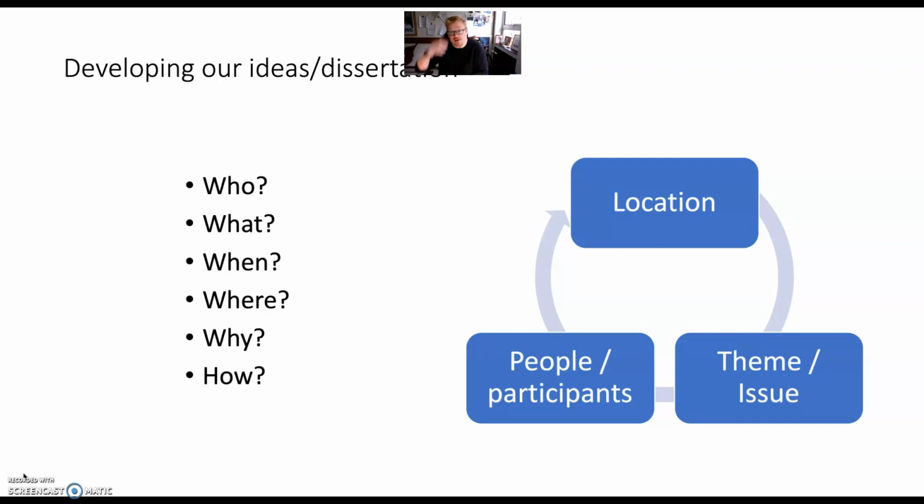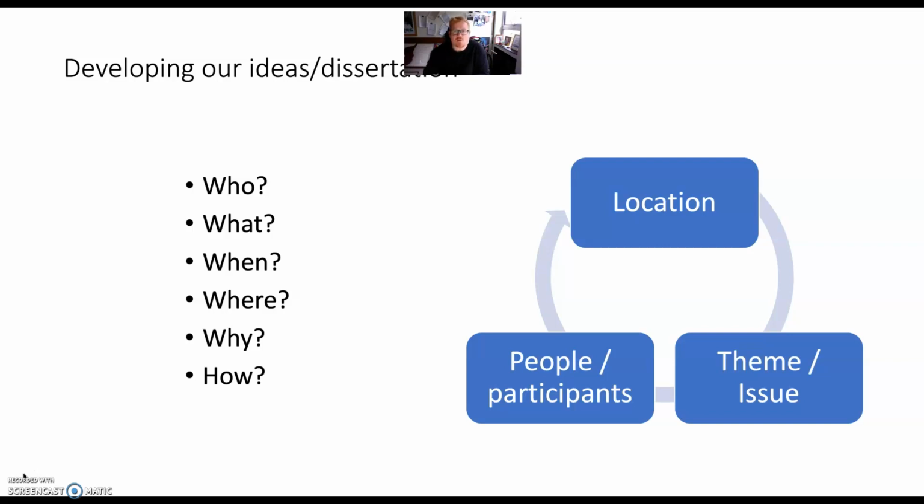When are you going to do your dissertation? So at what point will you do any field work if you have to? How are you going to go about organising this and the logistics? Where? So what location? Is it a singular location or is it a set of multiple locations? Are they going to be local to Manchester? Will they be local to where you're from at home? Will they be international? So all things you have to think about.